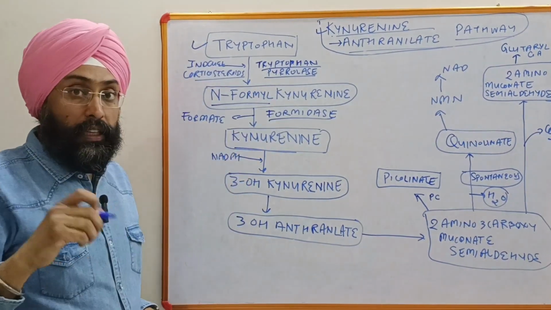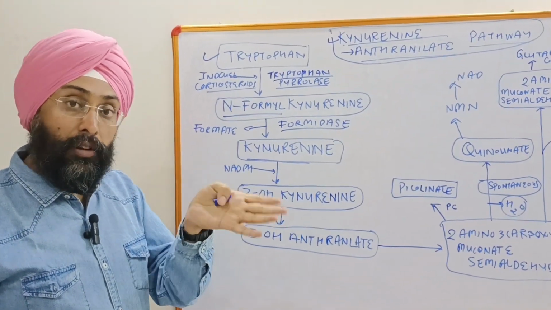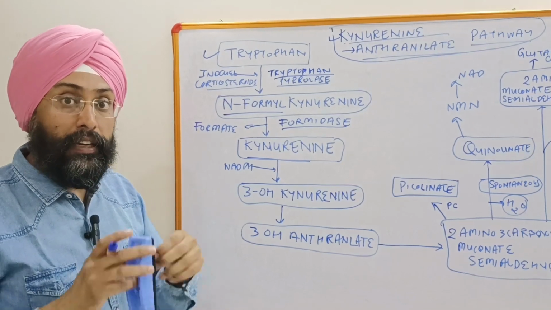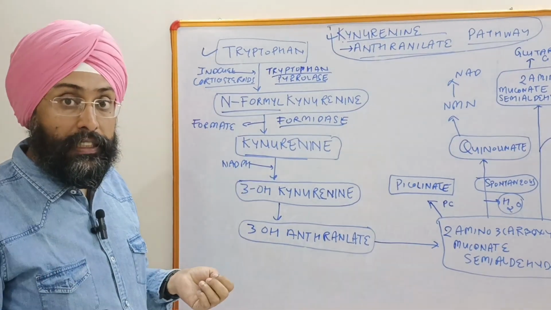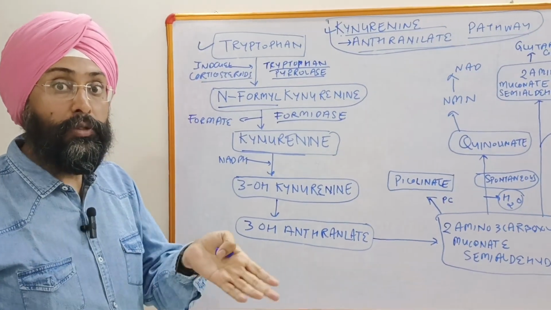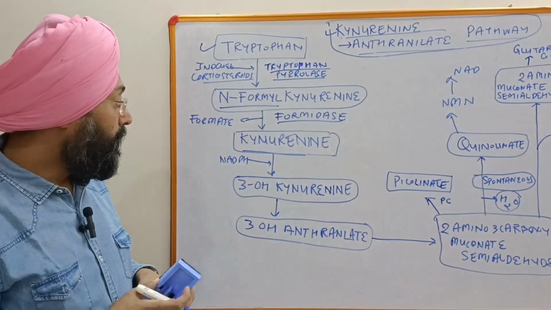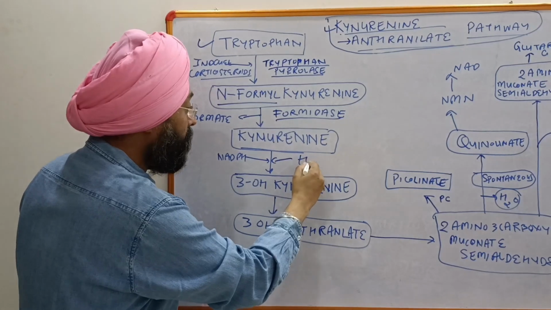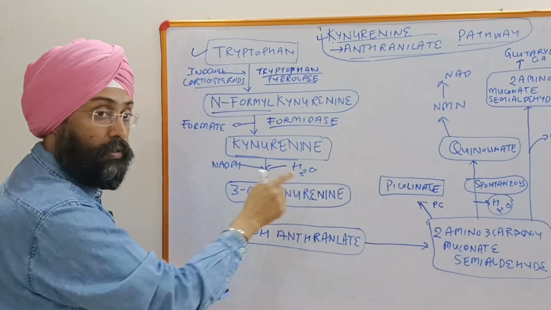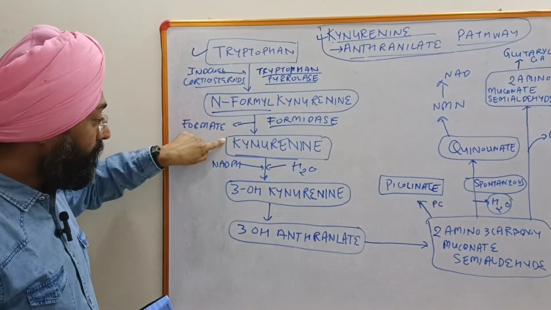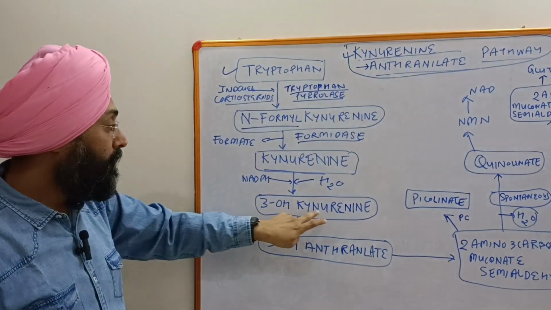And now the king, that is Kynurenine, suffers from diabetes, right? And he has a lot of stress, right? But he is continuously increasing his kingdom, that is tryptophan, in various continents, right? So the kingdom is being increased, but he is having diabetes and stress, so he used to drink a lot of water, right? But in order to increase his name and fame, he was drinking a lot of water, so the name and fame was further increased and spread across continents. So the name is 3-hydroxykynurenine, right? Kynurenine is the king, and when the name and fame spread over various continents, the name became 3-hydroxykynurenine,